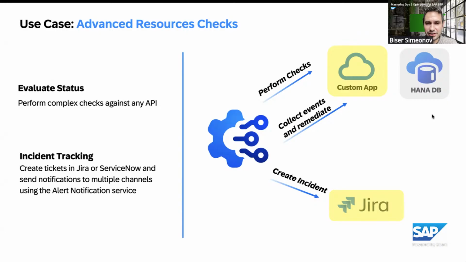Then if those checks are failing for some reason and we are able to detect that the application is not functioning correctly, then we are collecting events, what exactly had happened to our application, and we trigger remediation actions. Actually, since that's just the kickstart of our automation, and we're gonna build all of that from scratch, the remediation is quite simple. We're gonna restart the application, hoping that will fix the